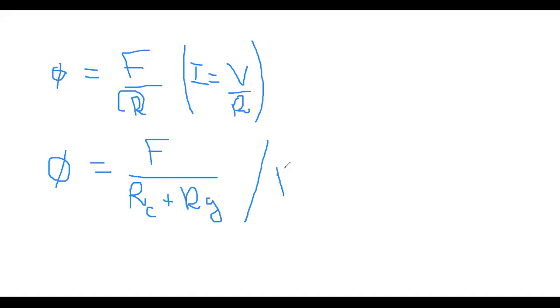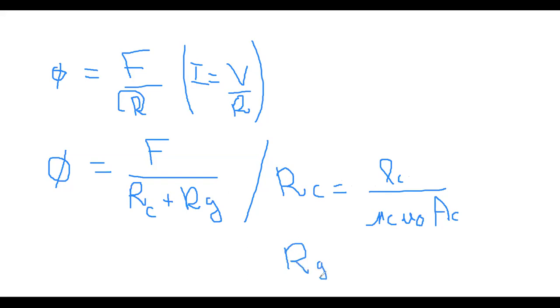Then the expression of the reluctance, you can return to the previous slides. You can find the expression of the reluctance of the core. RC is equal to LC, which is the length of the core, over mu C, mu 0, AC, which is the cross section. And the reluctance of the air gap, RG, equals to,